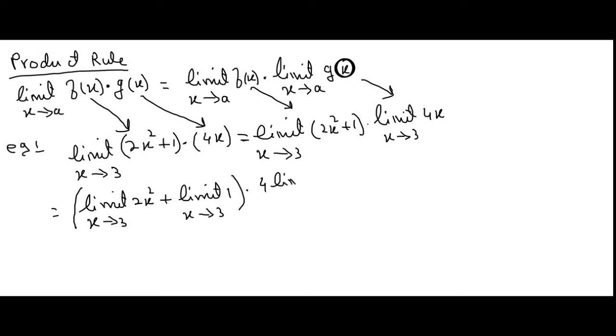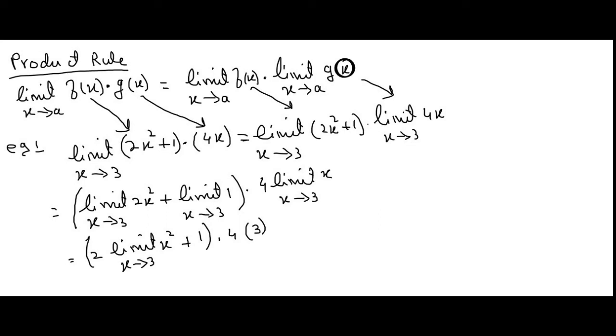Limit x approaches 3, x, here again 2, limit x approaches 3, x squared. Now the limit of a constant 1 is 1 again, so we'll keep the bracket here, into 4, 3. So this will be 2,